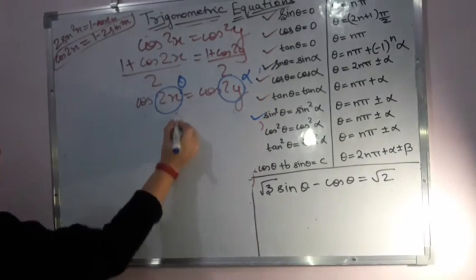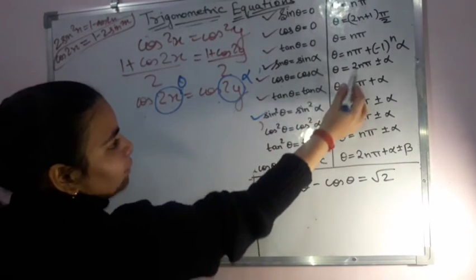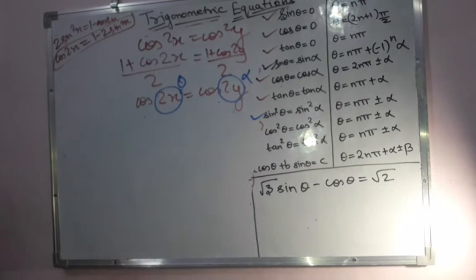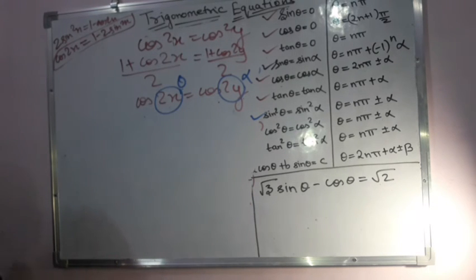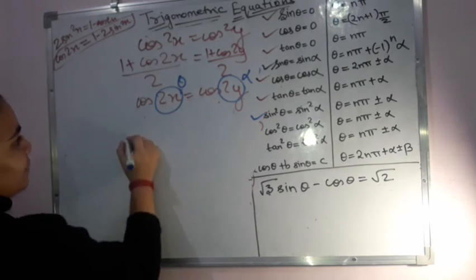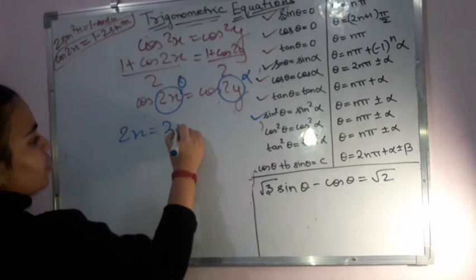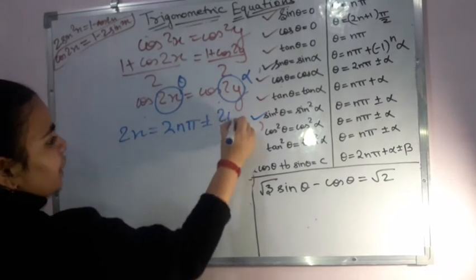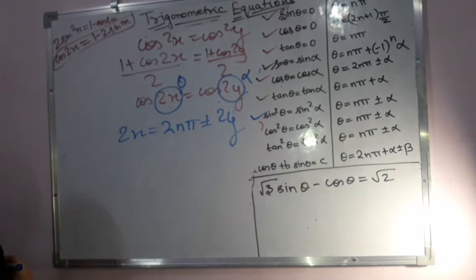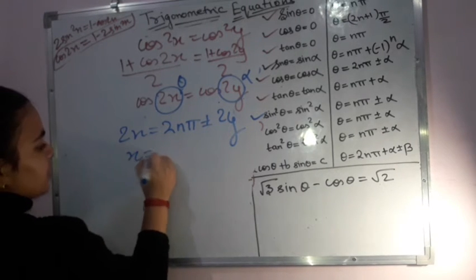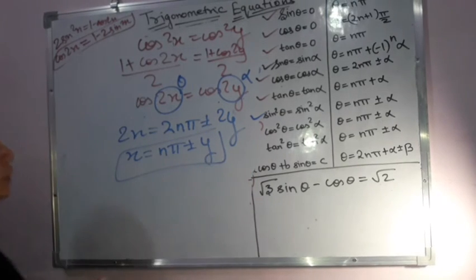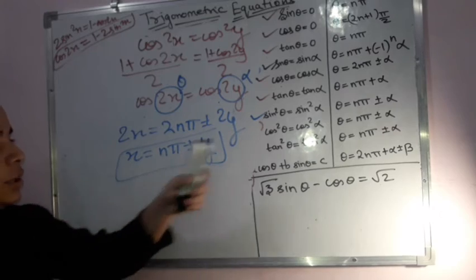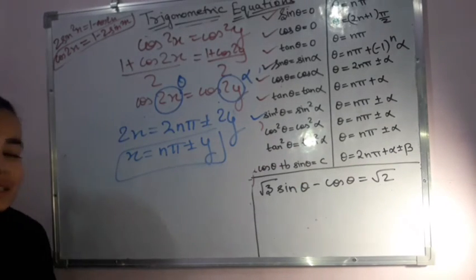When I have cos theta is equal to cos alpha, then I have theta is equal to 2n pi plus minus alpha. So it is the same that we were doing for sine also. We will get the same values also. That means theta is equal to 2n pi plus minus alpha. Taking 2 common from both sides and cancelling, x is equal to n pi plus minus alpha. This is my general solution again. In this, n is any integer, and this is similar to theta is equal to n pi plus minus alpha.